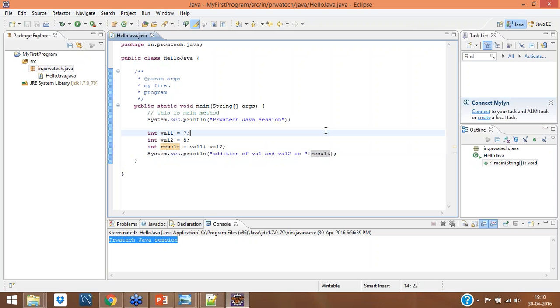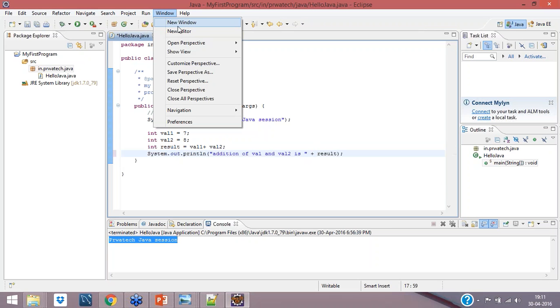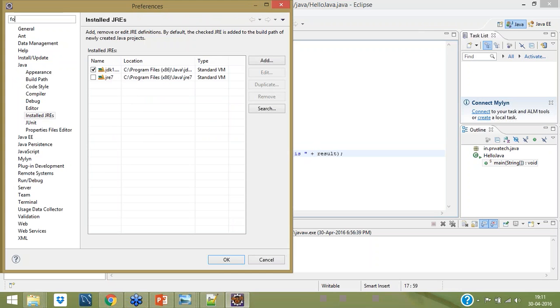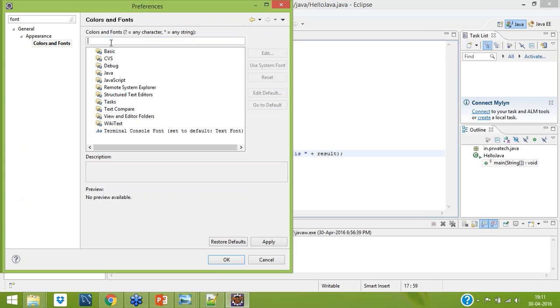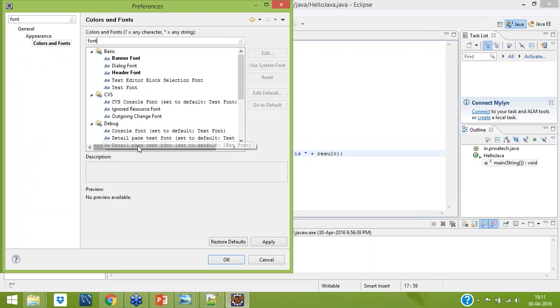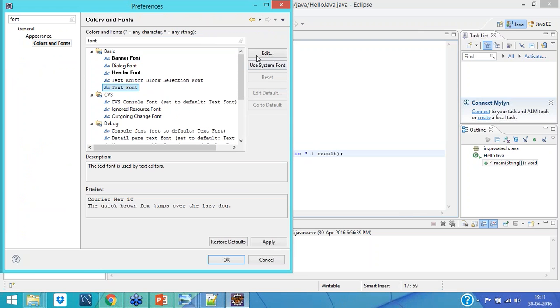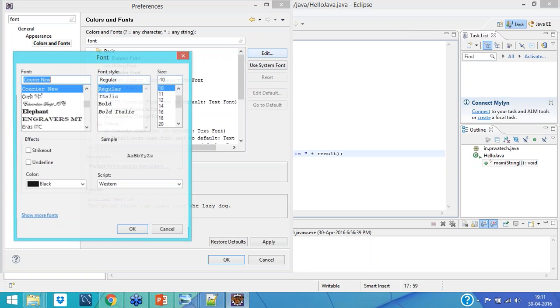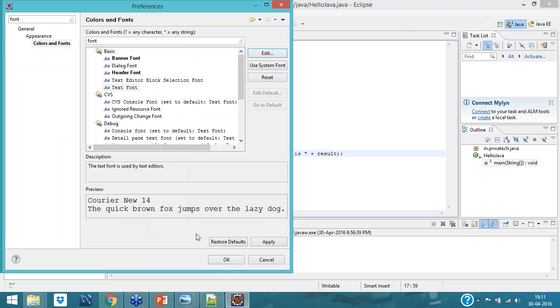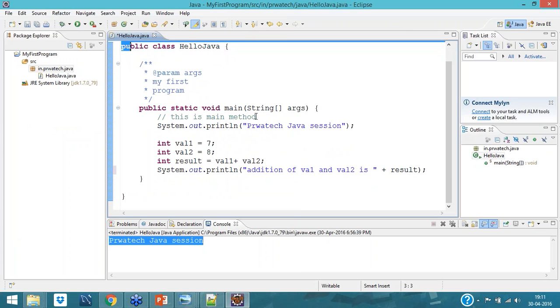So what does this plus indicate? Let me increase the font size at least, so that we'll be able to see this properly. Okay, now you will be able to see this particular one properly, right? So let me print this.